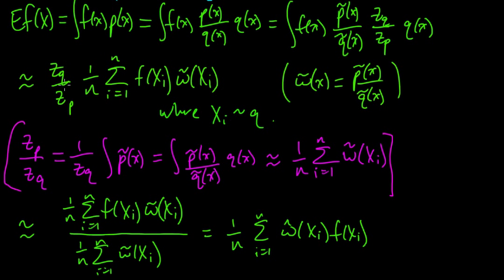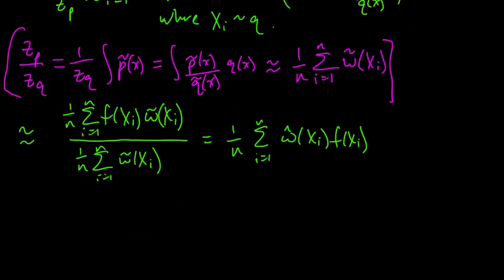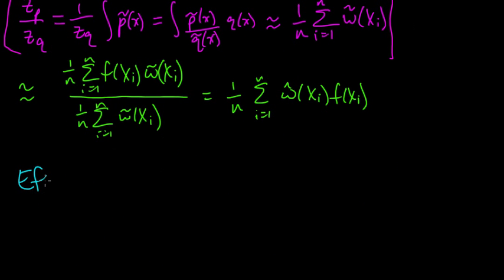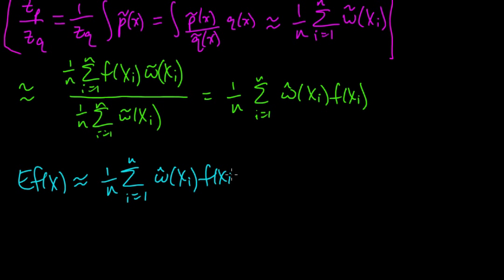Now this was two Monte Carlo approximations. This was the first one for this integral, and then we had yet another Monte Carlo approximation for this ratio of normalizing constants. And so we get that when we don't know the normalizing constants, we can still do importance sampling, and we have the following approximation,